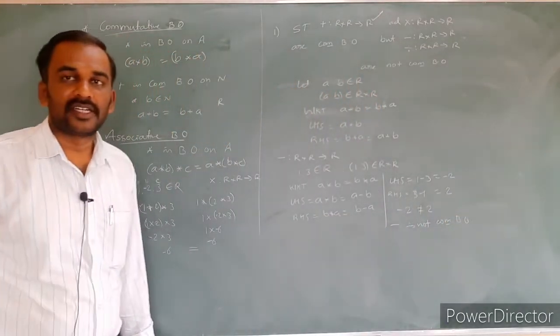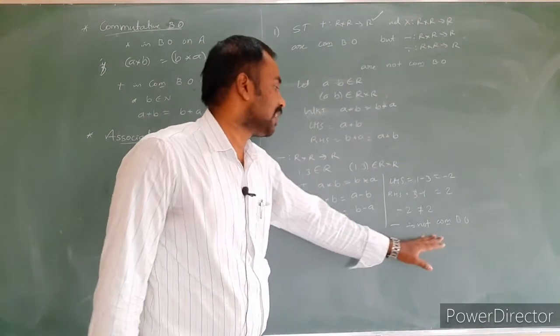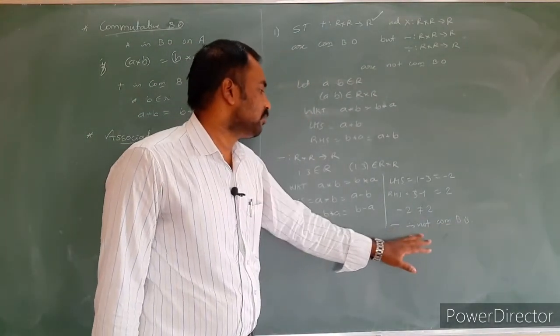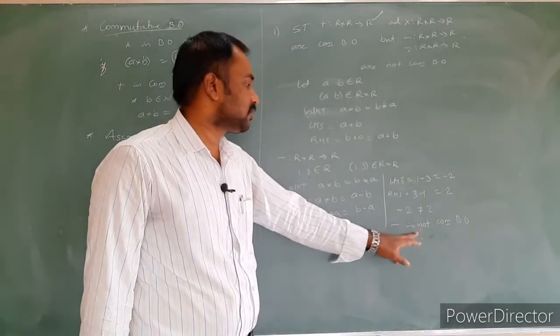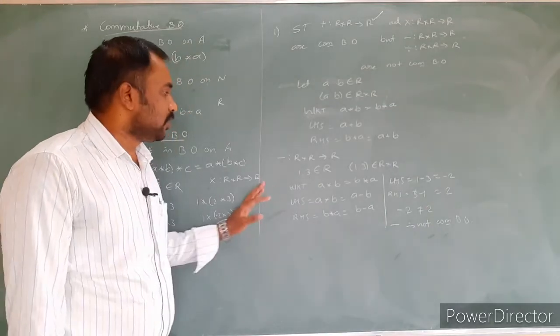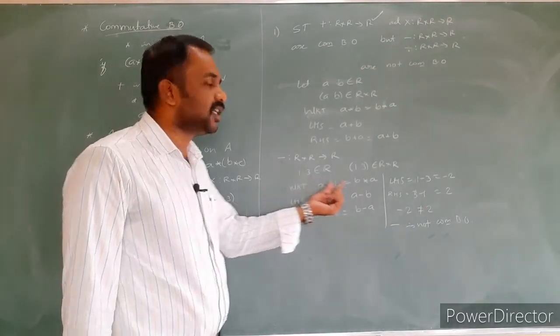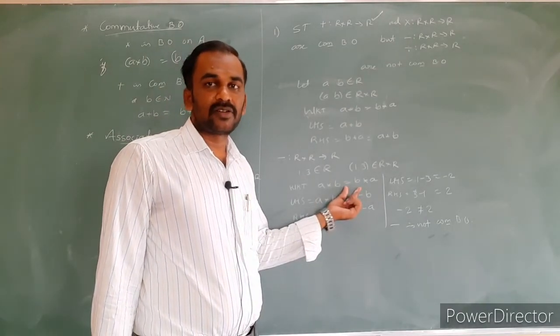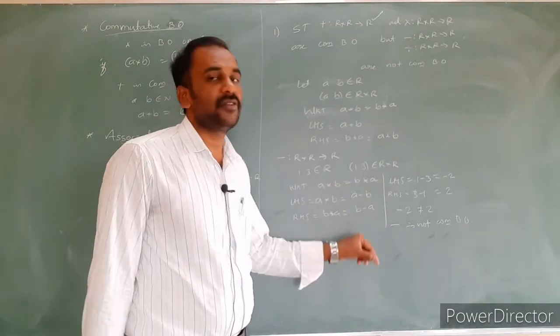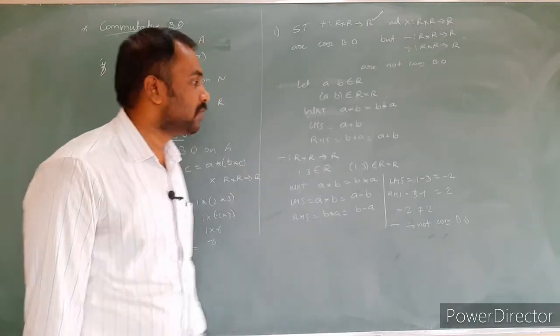Subtraction is not a commutative binary operation. That's all. This is how we have to conclude that. Why? The resultant number on the LHS must be equal to the RHS. No doubt at all, it is a binary operation, operating on two numbers, and the resultant number belongs to the given set R, but it is not a commutative binary operation. It is just a binary operation.